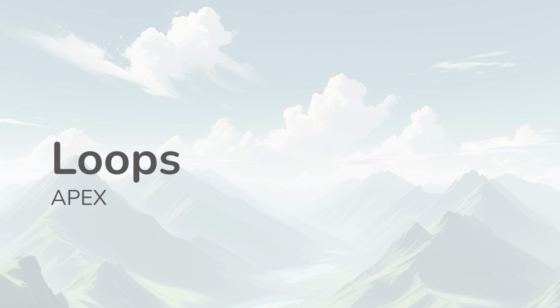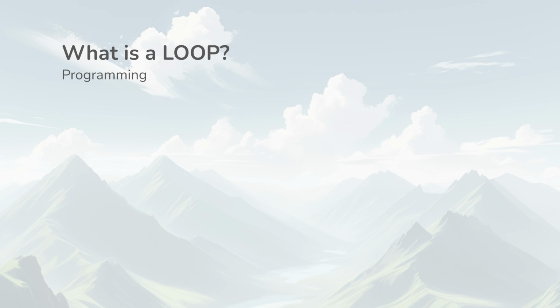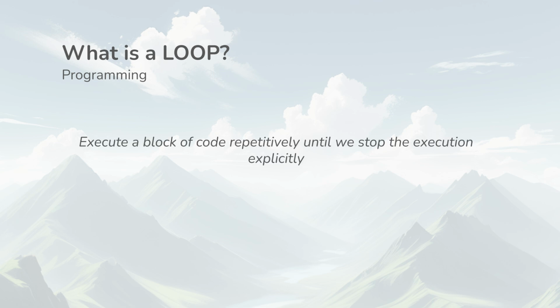In this video, we are going to learn about the loops in Apex. First, let's try to understand what is a loop in programming. Loop is a special programming concept or statement using which we can execute a block of code repetitively until we want it to stop. This concept is useful especially when we work over the collections like set, list, or maps